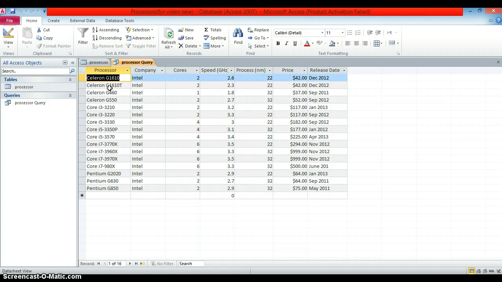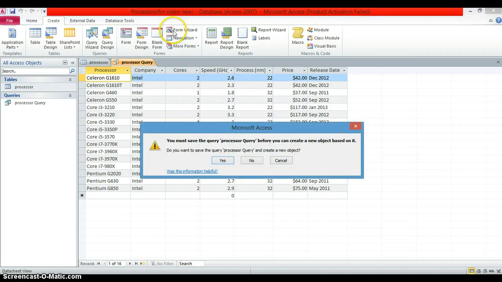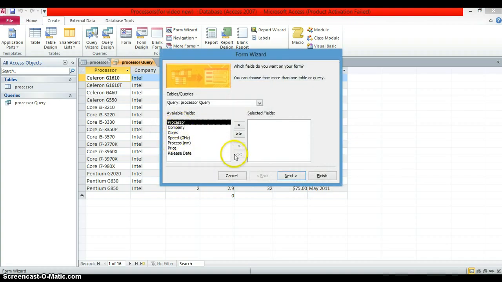A form shows all the records individually. A form can be used to input data into the database from you or someone else. So let's create a form. To create a form, go to the Create tab and click on the Form Wizard. For the form, you will choose table processors, not query processors. In this, we still need everything except ID. So do that